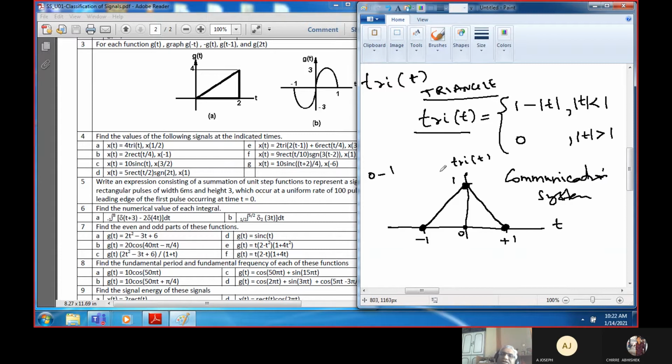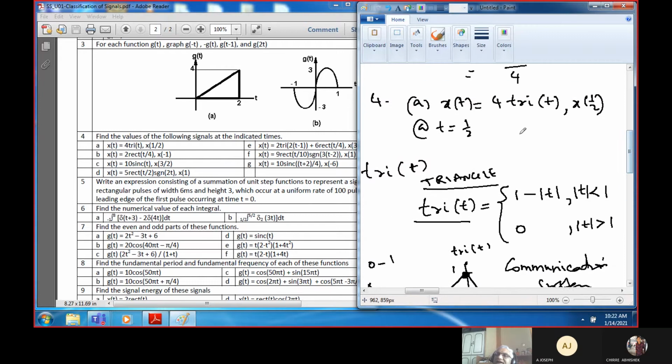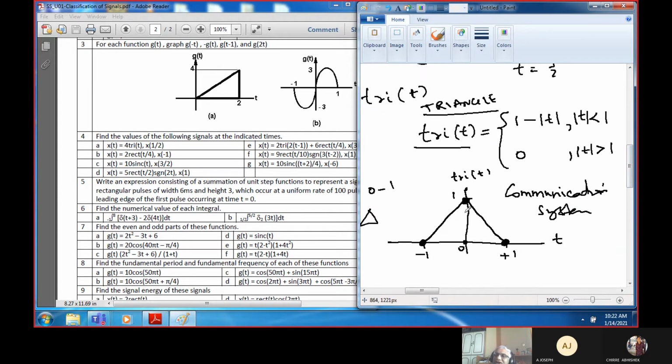Hey, call Bobby. So, supposing I'm new to your class, I don't know who Bobby is. It is like that, okay? Now, if you are new to signals and systems, if you don't know anything about signals and systems, and somebody is talking about the triangle function, you don't know what it is. You know what a triangle is, but you don't know what a triangle function is. Okay, now this is the formula for this one. Understood? Now what is the value he is asking to find here? At t equal to half. See how simple it is once you know this. You have drawn it. Where is t equal to half? Half is here.